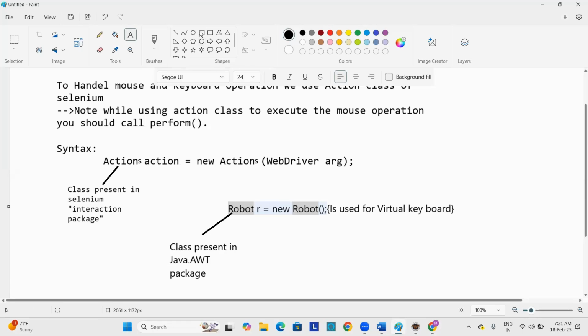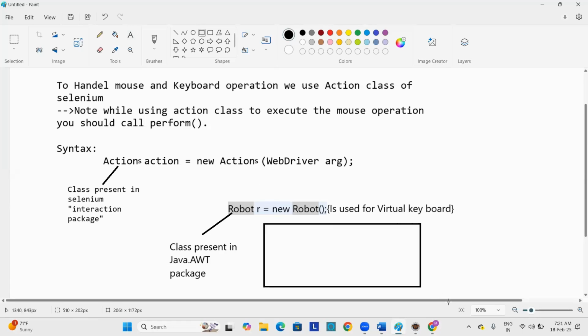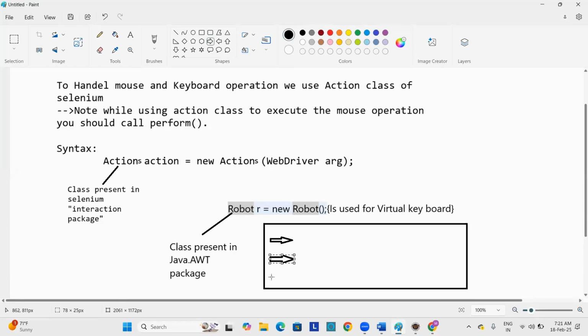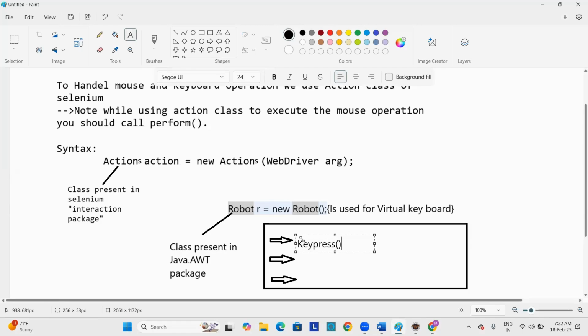And inside this robot class, we are having three methods, that is the key press method,